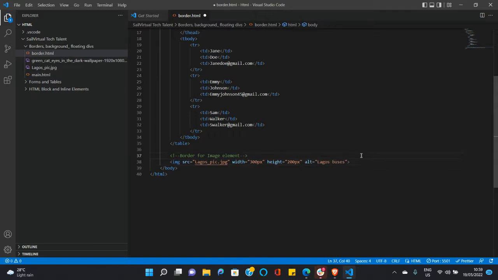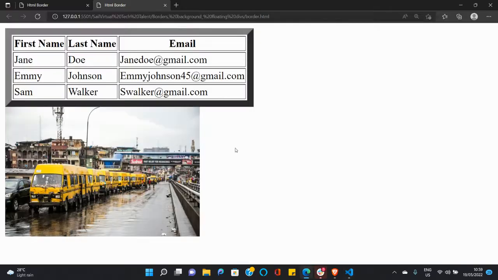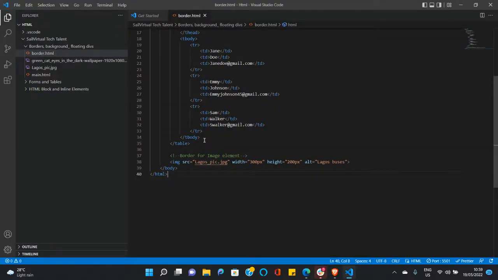So we save this, open with live server. So now you can see the actual image. It doesn't have a border around it. So let's create a space so it doesn't touch the table. So we'd add the BR tag before the image tag,